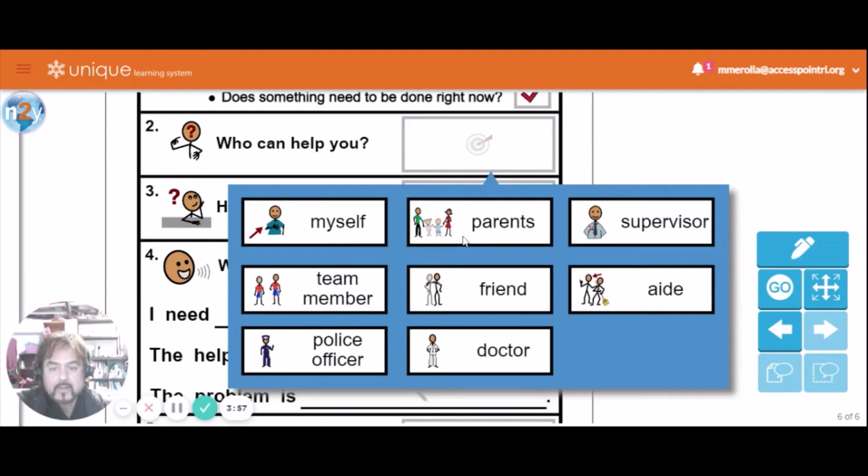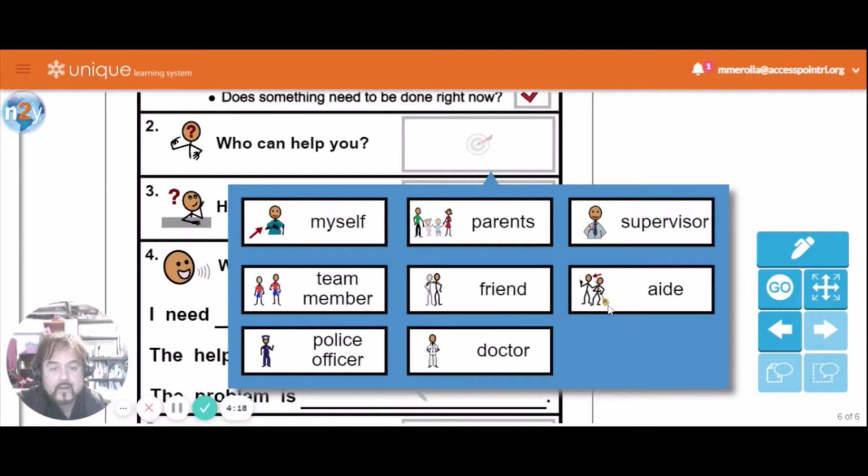Or if you live with your parents, they can help you. Your supervisor at work is not going to help you. Your team members at work probably won't be able to help you. A friend might be able to help you if he or she is not busy.